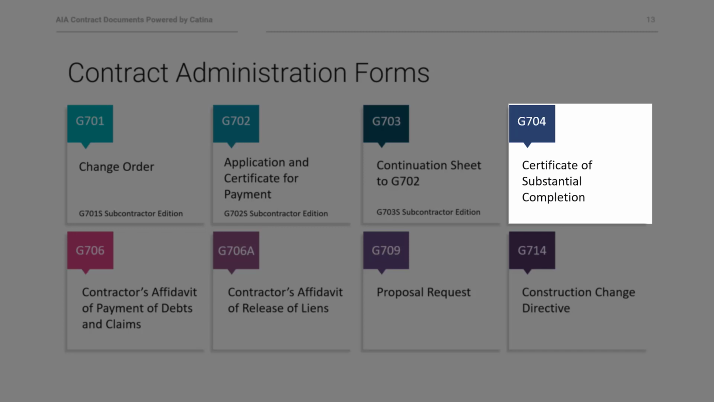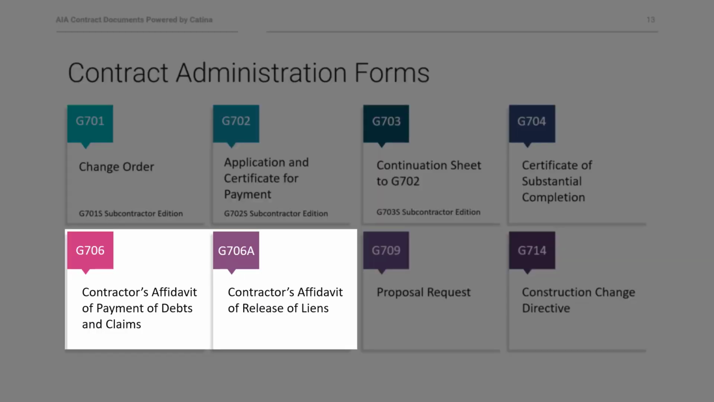You can attach an inspection list or a punch list of items that are still needed to be completed or corrected, but the owner can still use or occupy the project for its intended use. G706 and G706A are both affidavits and used probably at the end of the job. The G706 is an affidavit of payment, basically stating that all debts and claims have been satisfied, including to various subs. G706A is a contractor's affidavit of release of liens, saying the contractor is not going to file a lien